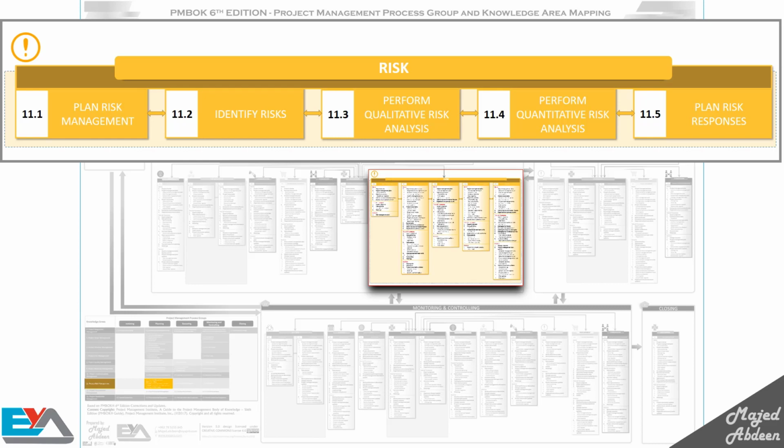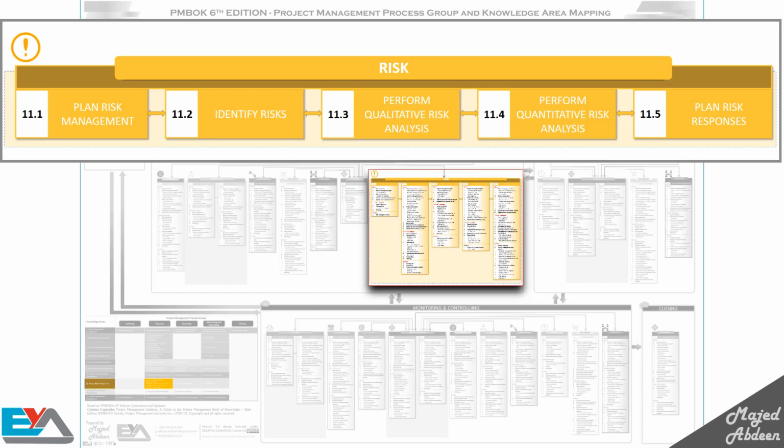Perform qualitative risk analysis is where you prioritize the risks and assess their probability of occurring and their impact on the project. We know from the name of this process that we analyze the risks subjectively, not numerically. So we evaluate the impact of the risks if they occur and figure out whether these risks are important or not. We also group the risks by category.